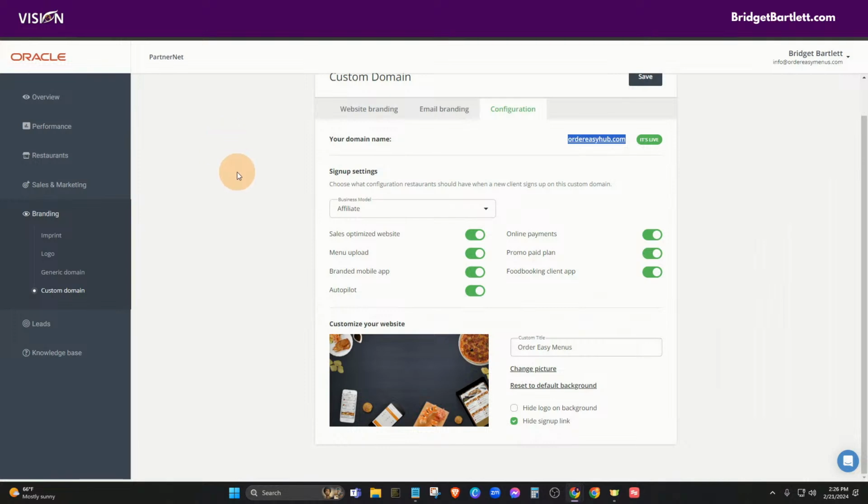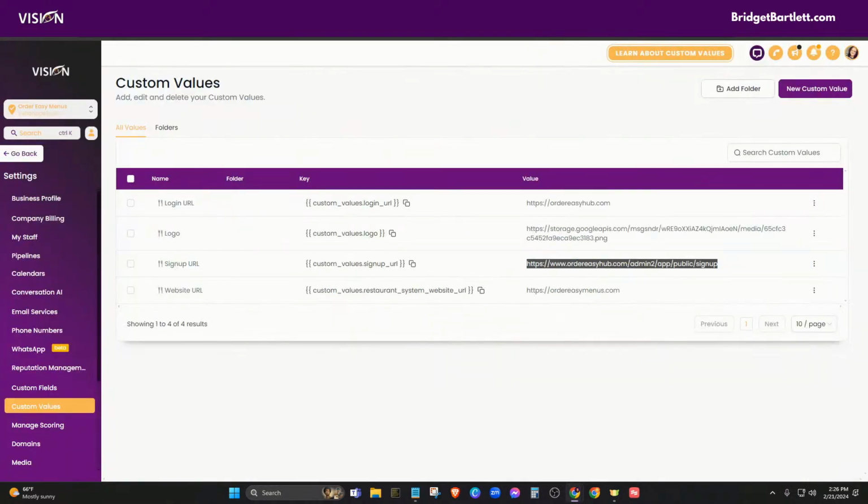So you need to kind of be creative with that. So the solution that I found is doing that and pasting that here. So when I want them, they've already registered and I want to send them back to that page, or I want to direct them after they've entered the form to this page here. What they've actually entered into my funnel, but then they're also going right to create an account through my order hub. Okay. And then we also have our website URL, and that is the website that we actually created to